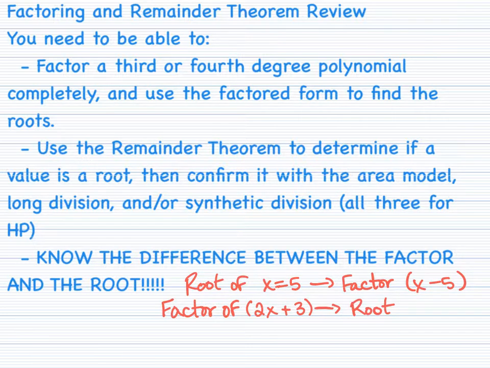The root has to be found by 2x plus 3 equals 0. Subtract 3 from both sides, so 2x equals negative 3. Divide by 2, running out of room at the bottom. So you have a root of x equals negative 3 over 2, or negative 1.5. So make sure you understand that difference and make that clear in your notes. You may use, again, a one-sided single page of notes on the test on